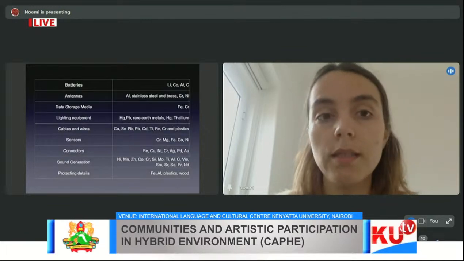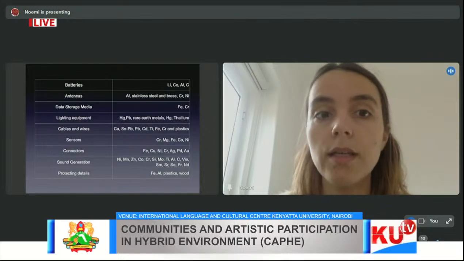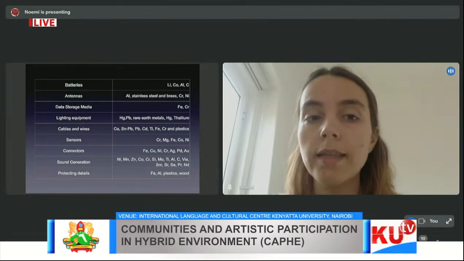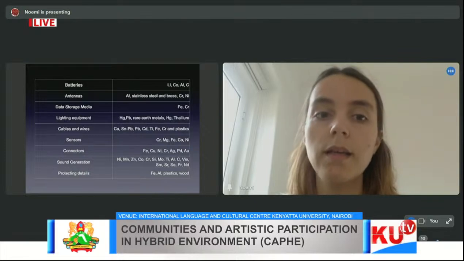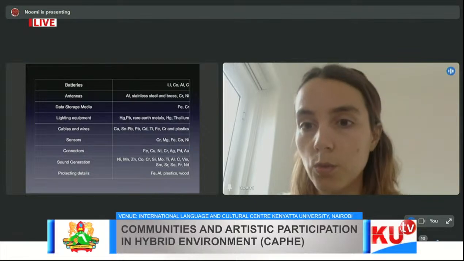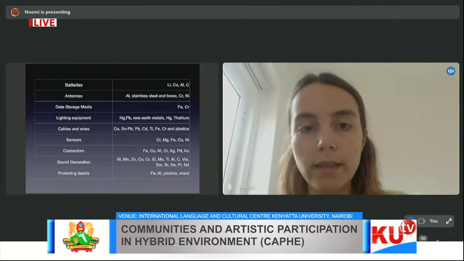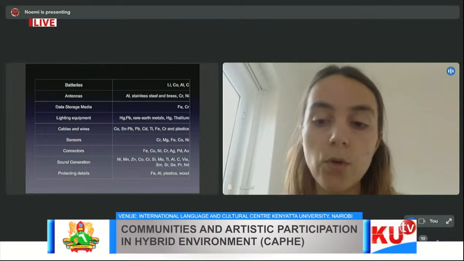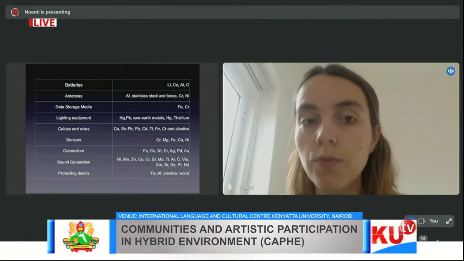So if we see this chart, for example, we can see that the battery is composed of lithium, cobalt, aluminium, and the antennas are aluminium, stainless steel and brass, chrome, nickel. The data storage media is with iron and chrome. So if we look at this, and so on, like in equipment, cables, wires, and everything. So if we look at the list of chemicals that are involved in this composition,